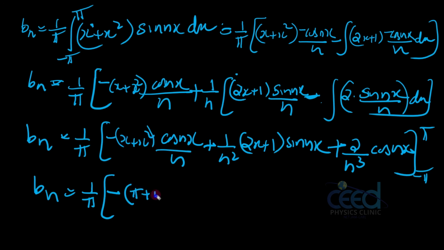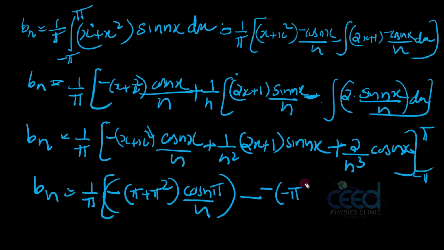Okay, pi plus pi square, all x I am replacing with this upper limit, pi plus pi square, and here cos n pi by n, and minus lower limit. That is I can give minus pi, that is minus of, so the function itself has a minus, so minus pi cos nx, minus pi whole square, that is pi square itself,